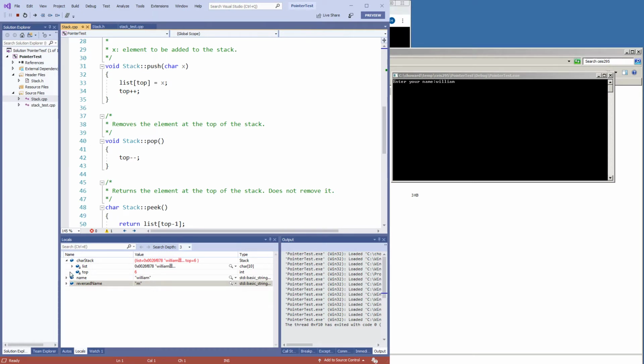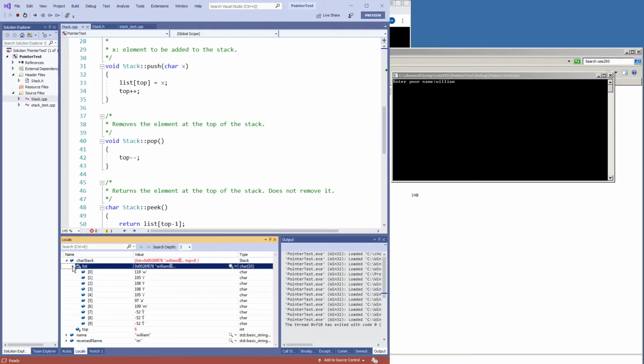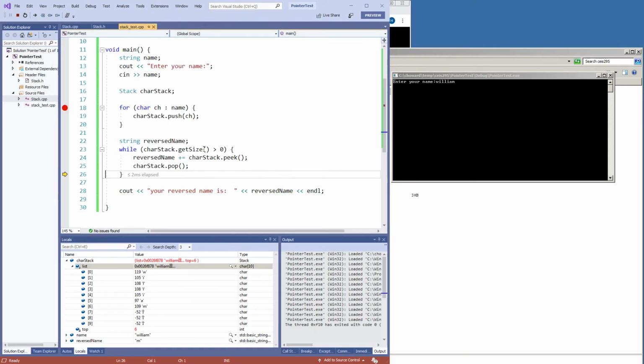Let's see. So it's showing me that the top of the stack is at 6, but after I pop the M off the stack, it should have been at